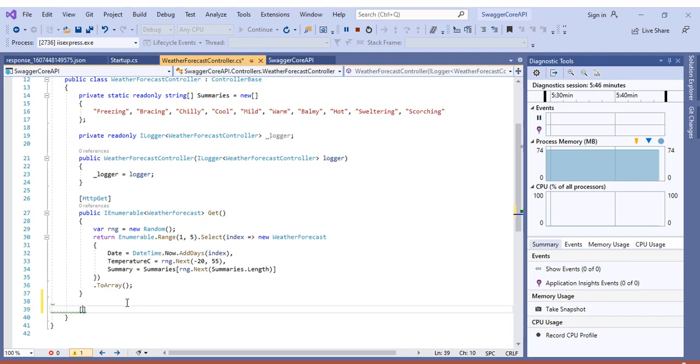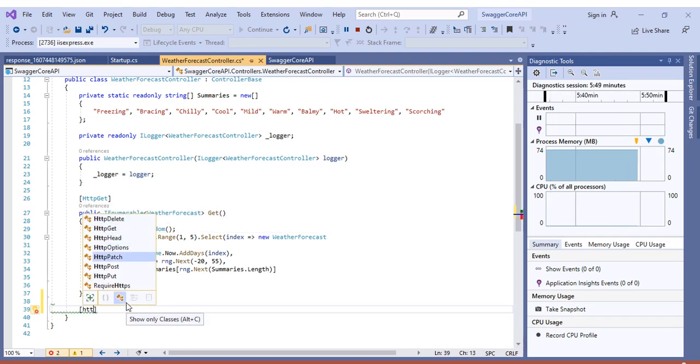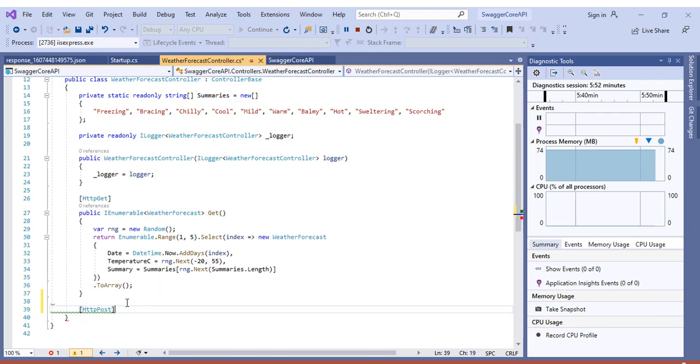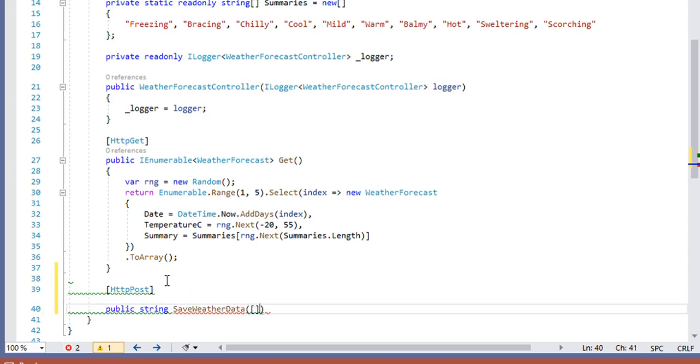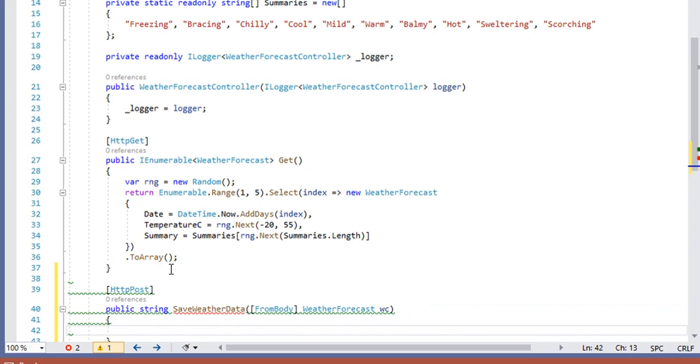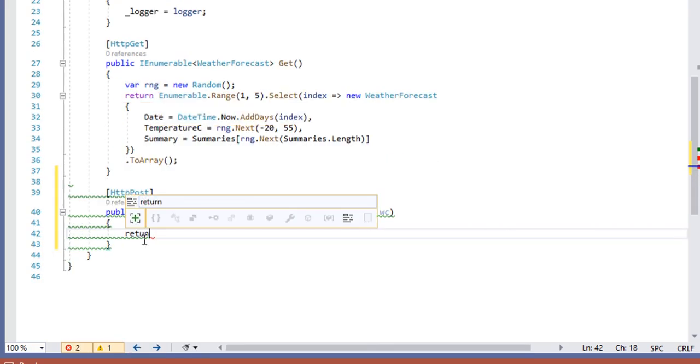So let's say HttpPost, public string SaveWeatherData, WeatherForecast, and here I'm going to return.